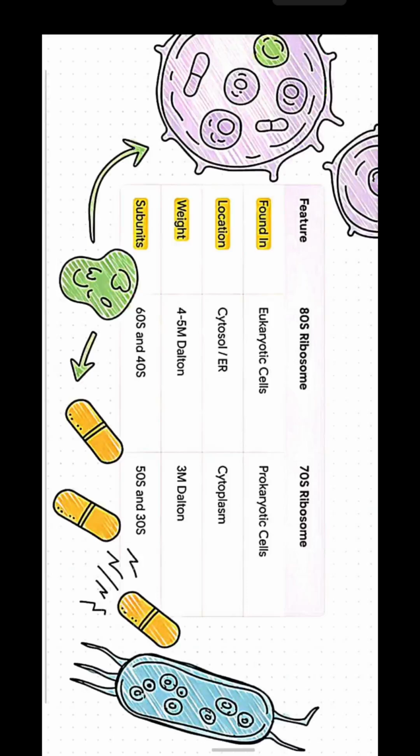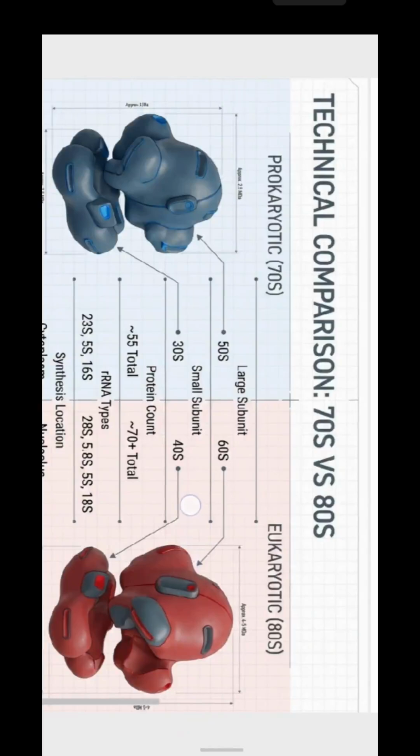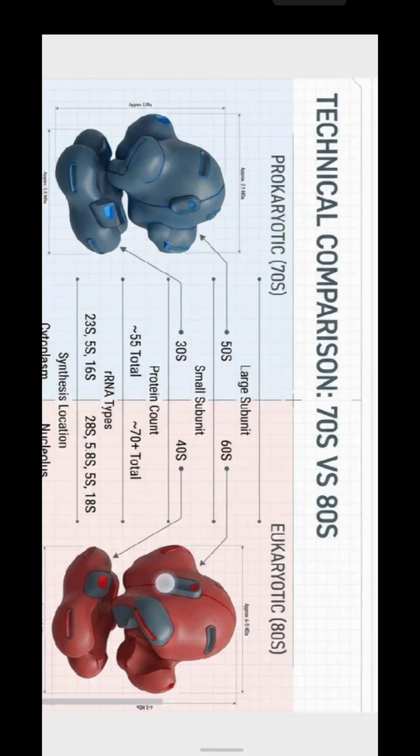Here the 60S and 40S, when combined together, become 80S type, which represents a faster rate of sedimentation as compared to their individual forms. And this is also true in case of 70S type of ribosomes. We can also compare some more details about these 70S and 80S types of ribosomes.